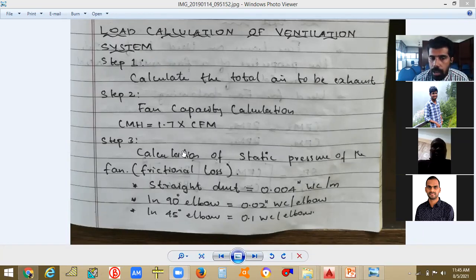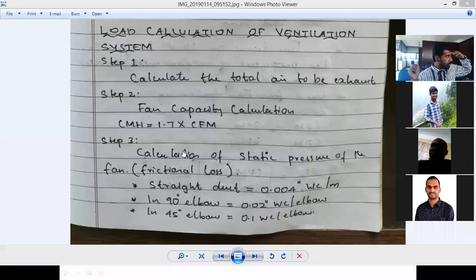When we need to calculate the static pressure is if we are using duct. If you are using a direct exhaust fan, we don't want to calculate its static pressure, because however much air is being produced, that air will automatically be sucked by this fan and ejected out. But when it comes to ducted ventilation, you need to take this air from your particular room to a particular location, which will be 10 or 15 meters away from your room. So that air is being taken through the duct.